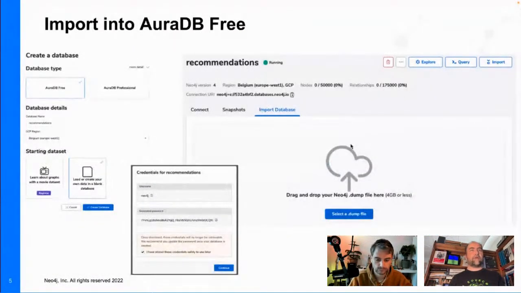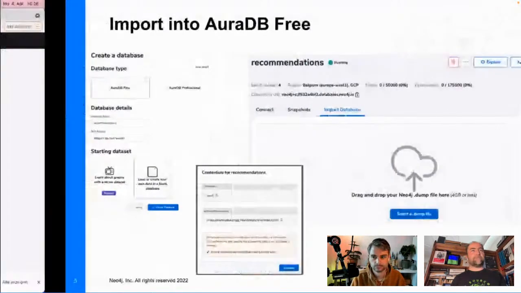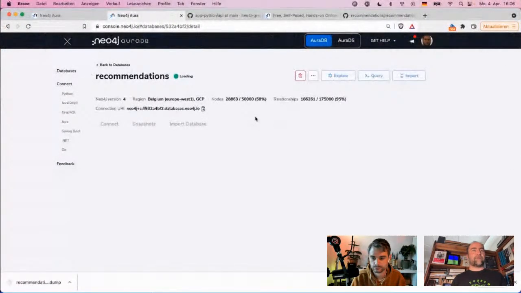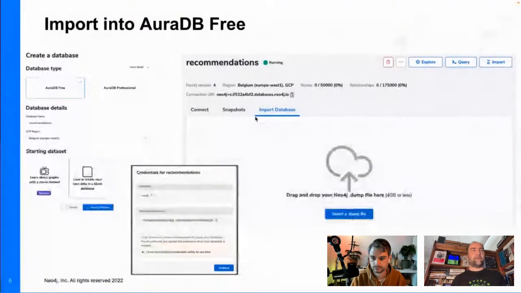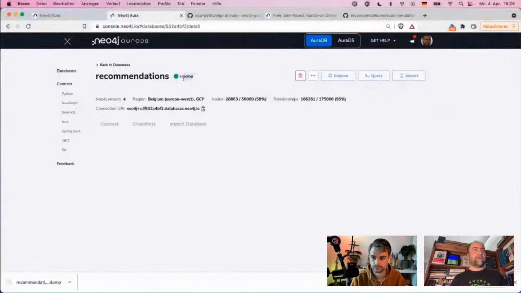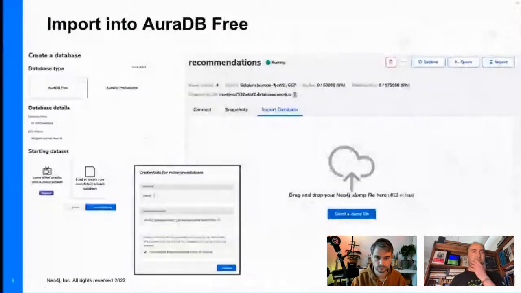So we can look in a minute or two and see where we are with this. So please come along, and that would be really cool if you're making it and basically coding with us. So you see it currently says here loading, and when this changes to running, then we can open our database and then connect to it and look at it. Okay, while we're waiting for this,